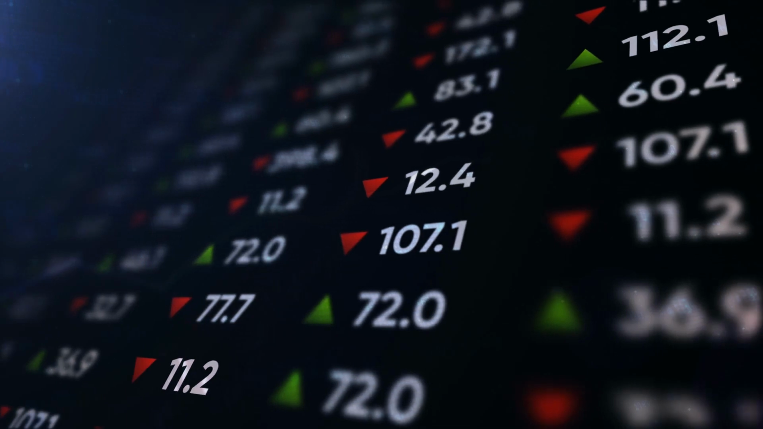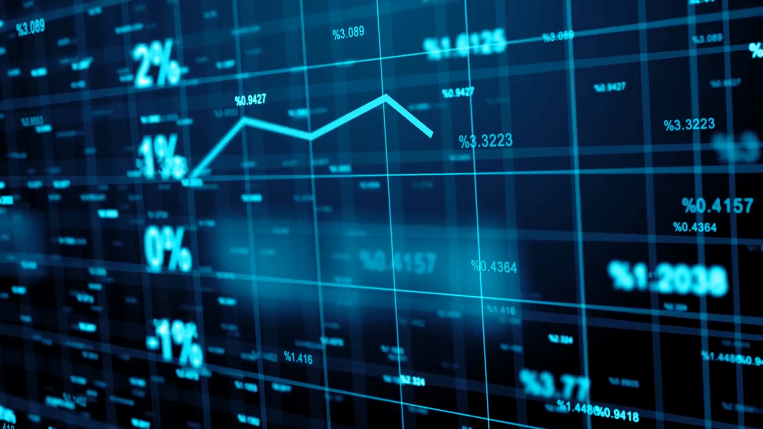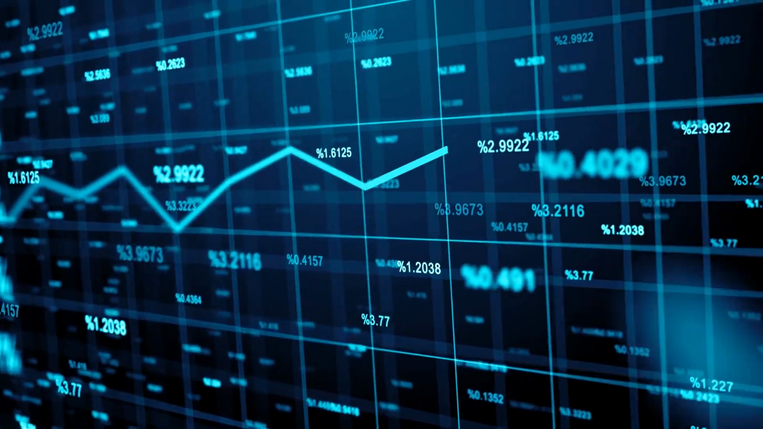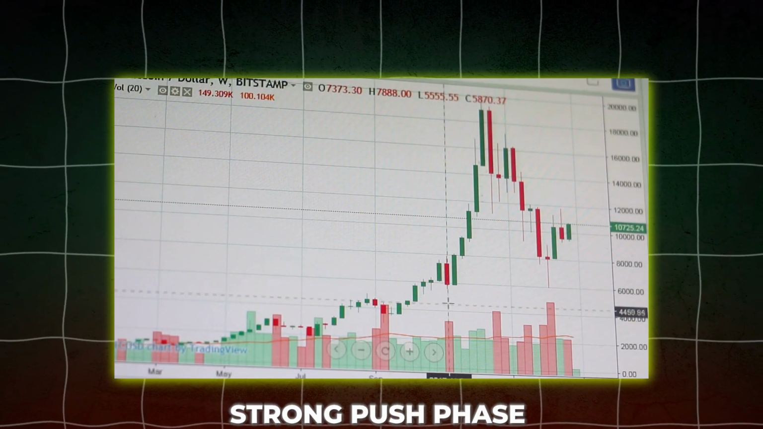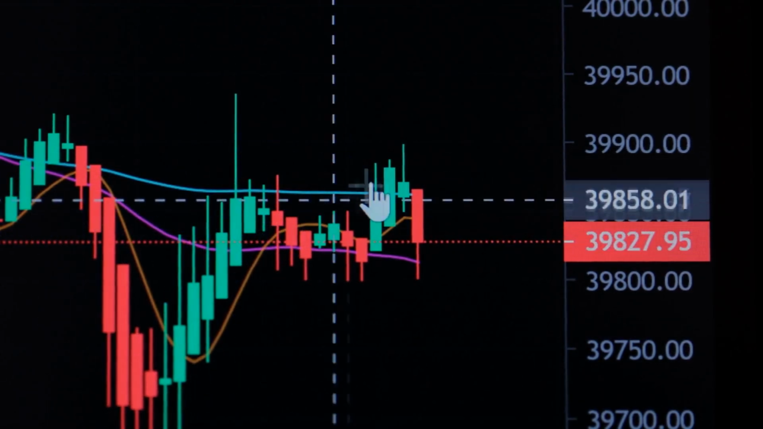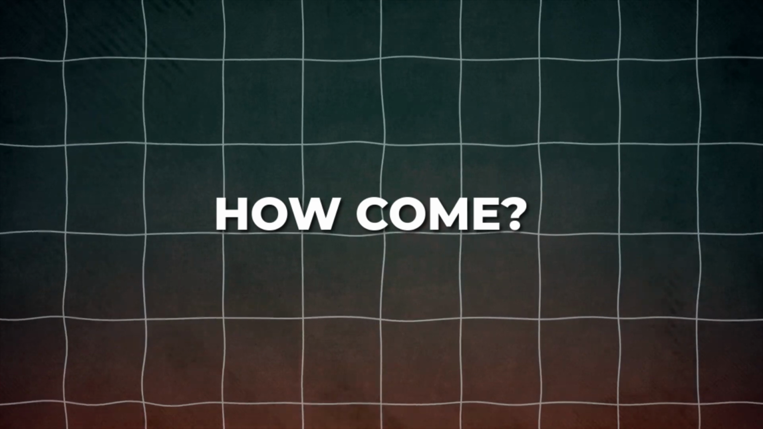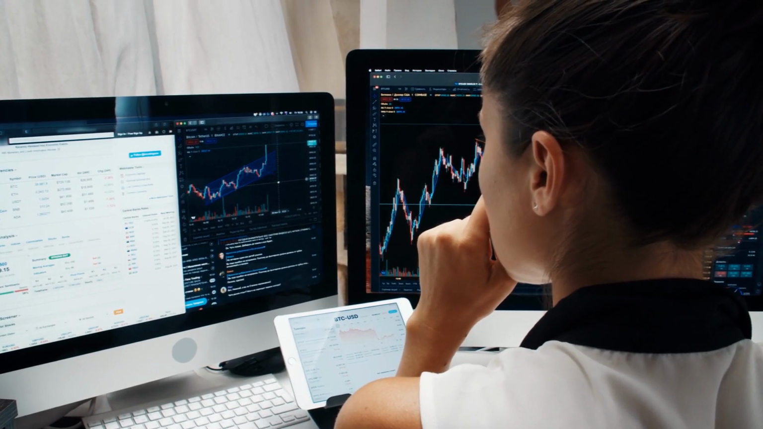It is clear that there is a significant amount of volume in the market, and I will demonstrate this to you in a moment. Next, we have supply in this area as well. The price is currently in a strong push phase to the downward, and this is our supply zone. As you can see, the price is currently down. How come? Given that we observe a great deal of aggressive selling,